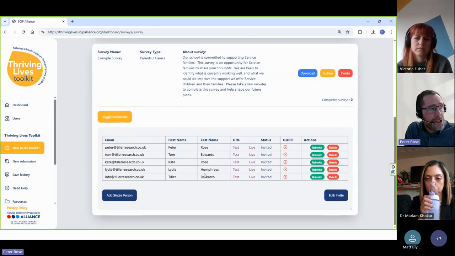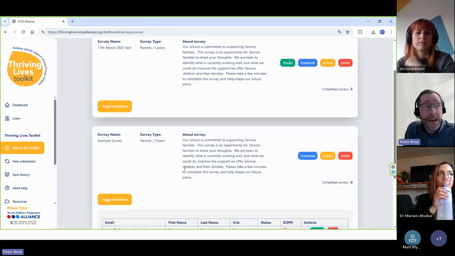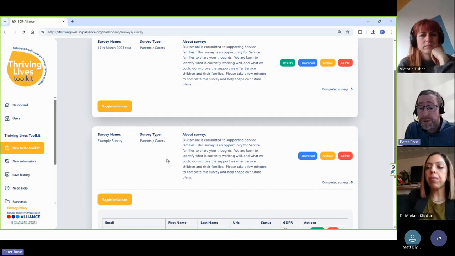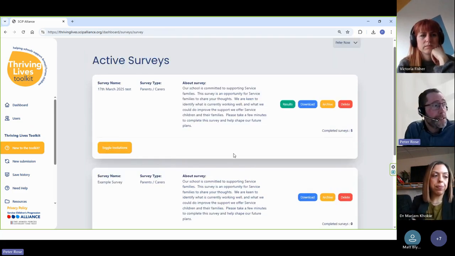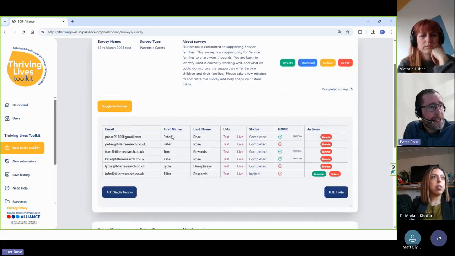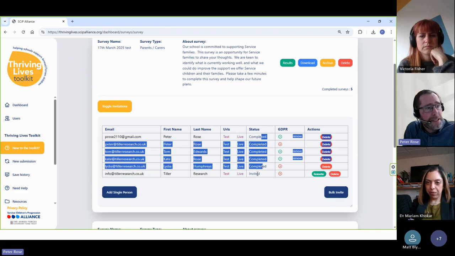so you can manage the responses. So you can know who has responded, but you won't actually be able to view their individual responses if they've completed online, to maintain the anonymity. In order to show you what then happens next, this is one that I prepared earlier. So you can see that, as people complete the survey, you have the status completed.